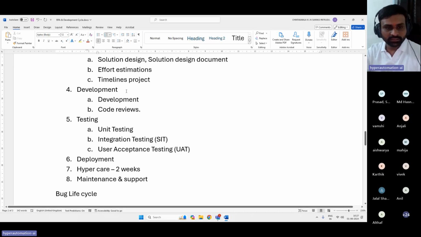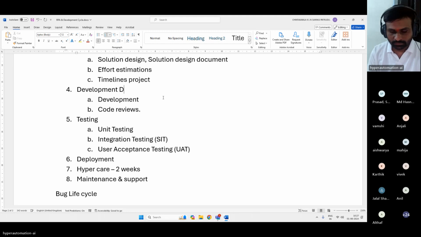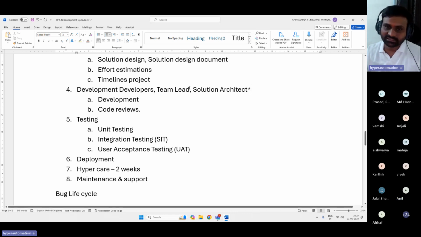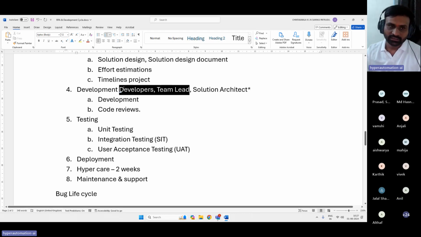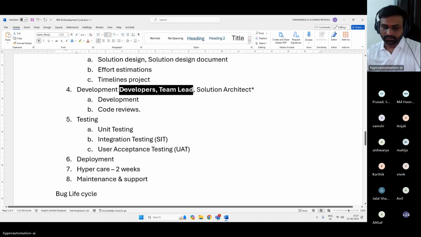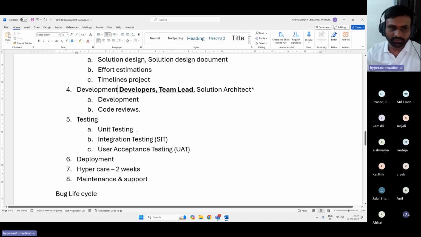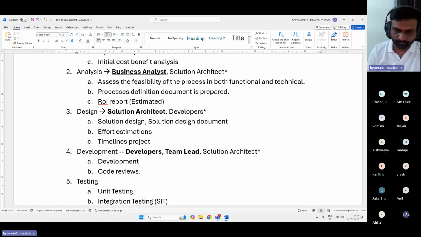So here who will be there? Developers, team lead, solution architect. Solution architect will play a consulting kind of role here, and he will not be doing any work, but he will be responsible for the code reviews.